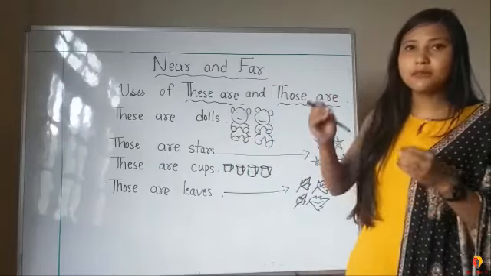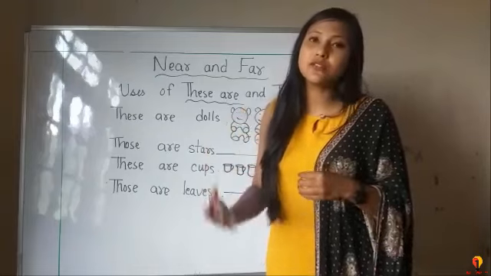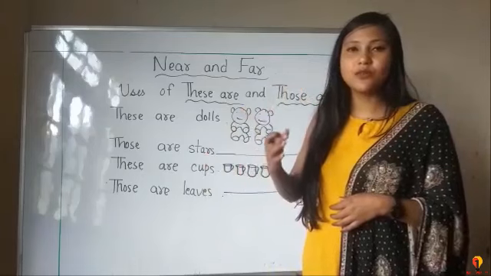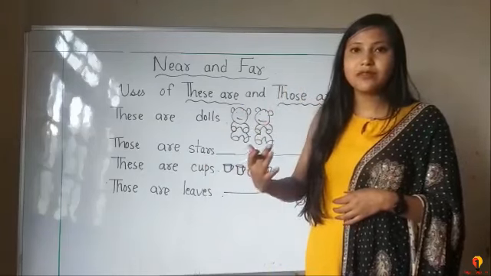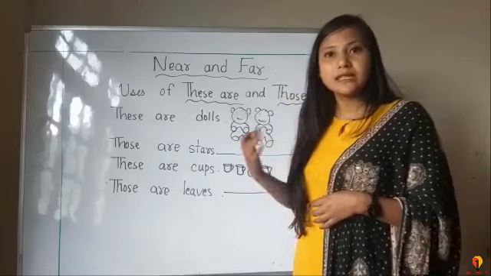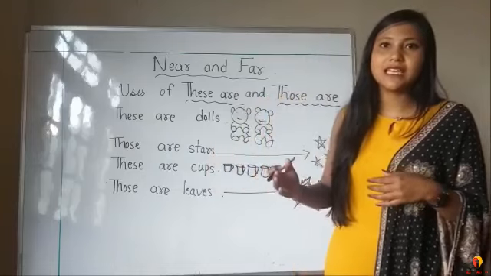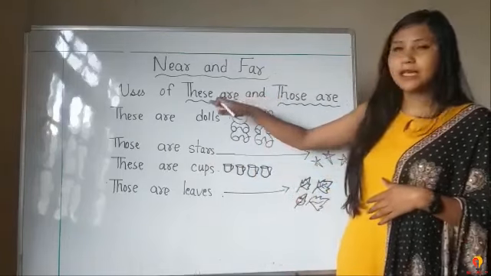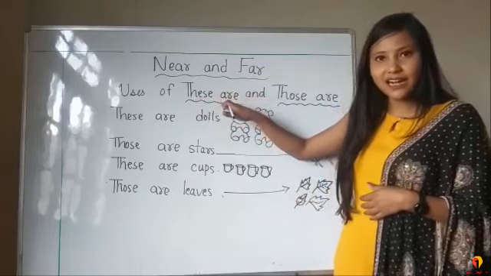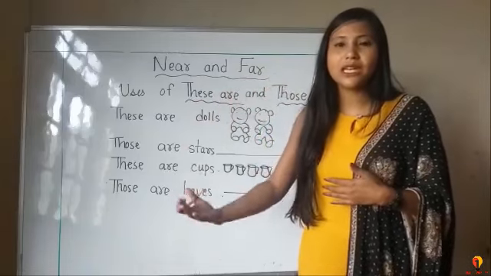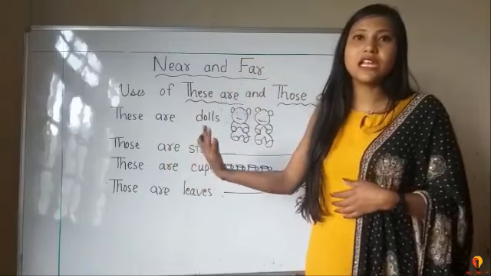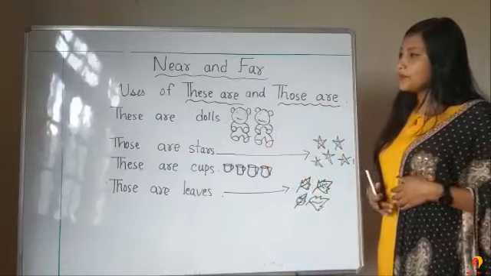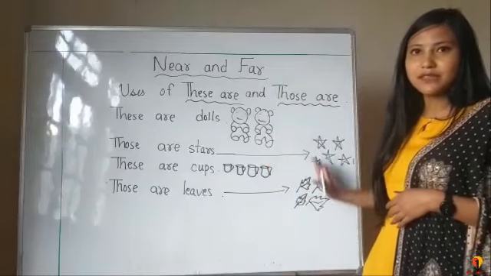तो जो चीज़ हम लोगों के पास है उसको दिखा के हम कुछ बोलते हैं, तो अगर वो चीज़ एक से ज़्यादा है, more than 1 means 5, it can be 5 also, 10 also. अगर एक से ज़्यादा है, वो चीज़ पास में है और उसके बारे में हम बात कर रहे हैं, तो उसको हम कैसे डिनोट करते हैं? These are. और जो चीज़ हम लोगों से दूर है और उसको हम दिखा के कुछ बोल रहे हैं, तो उसमें हम क्या यूज़ करते हैं? Those are. So here are some examples with a picture.